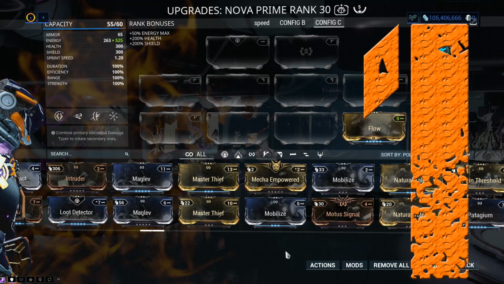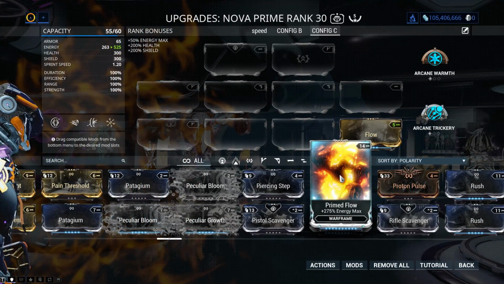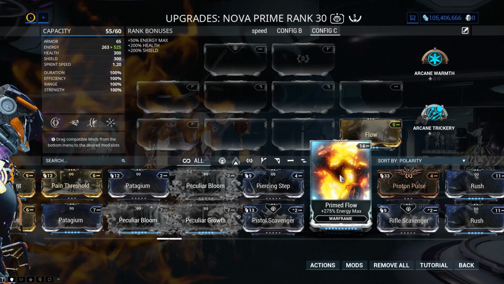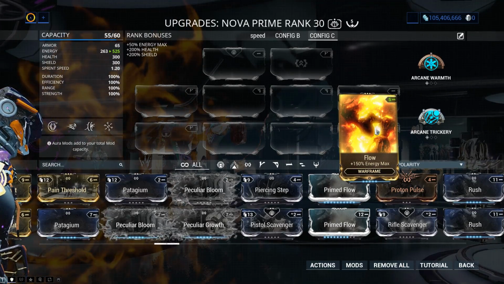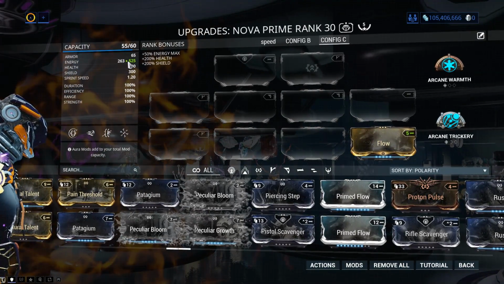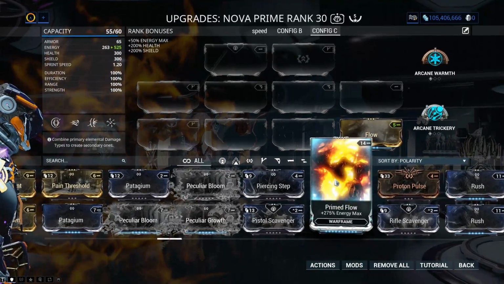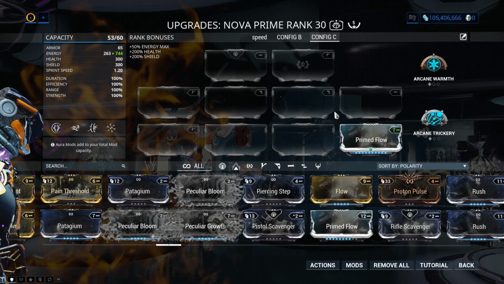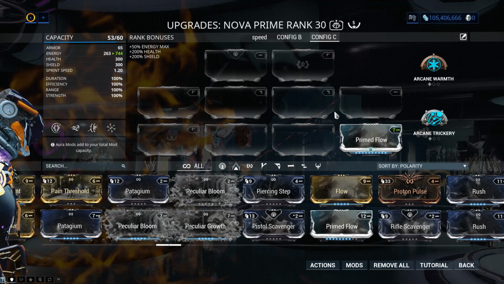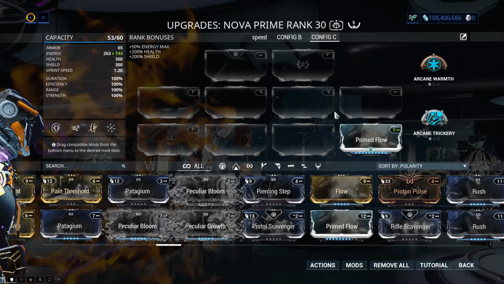But as expected, coming in at number 1 has got to be Primed Flow, plus 275% energy max. The normal one is 150% energy max, and as you can see from Nova here, it takes her from 263 to 525 with the normal one in. Throw this in, 744 energy. Which means that using all of those abilities that Warframes, well, they don't need to survive, but